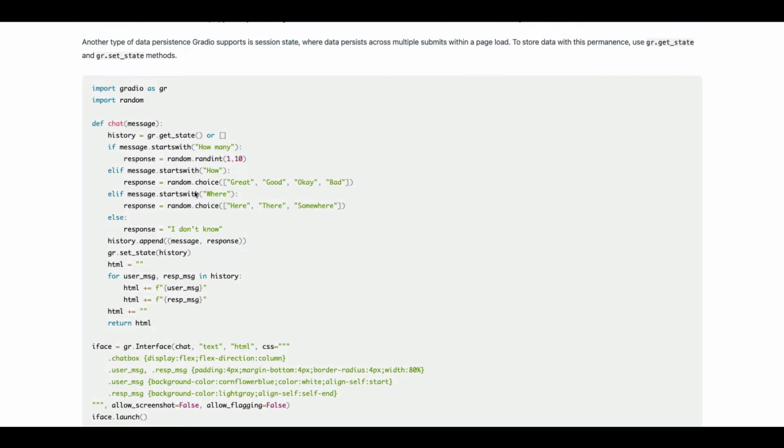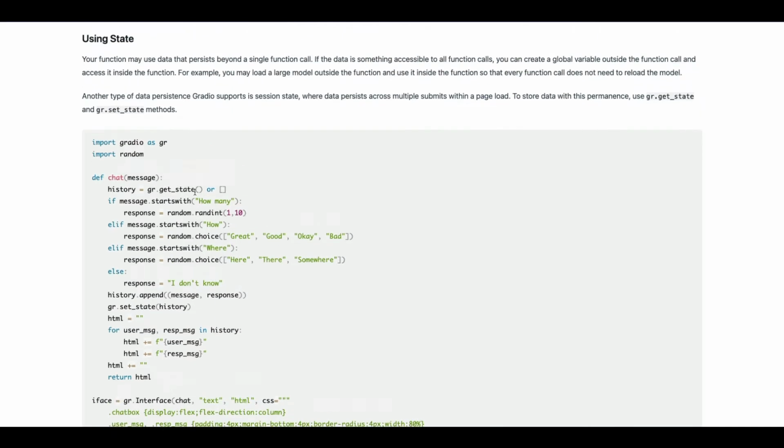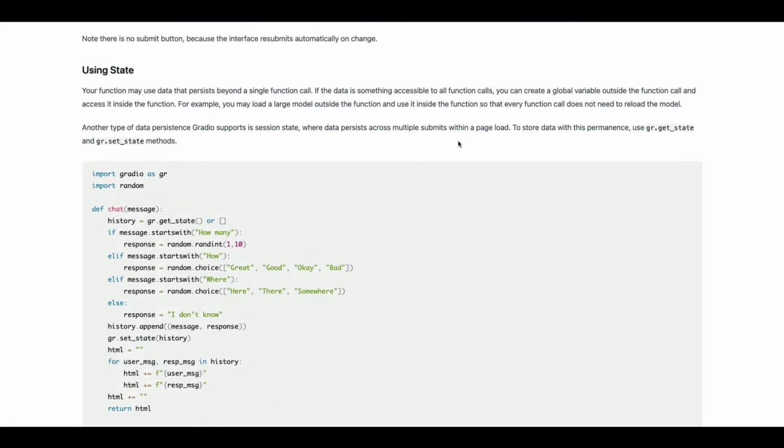Why? Somebody sends hello, and then you reply hello, and somebody sends how are you, and you say I'm fine. Now in the application, you want all these messages to be there. You don't want to initialize with an empty message every time, because you want the previous data to be there. That is where state is quite helpful, because you want the data to persist across multiple submits.